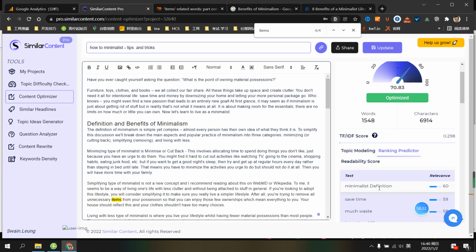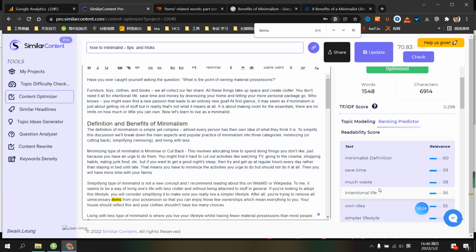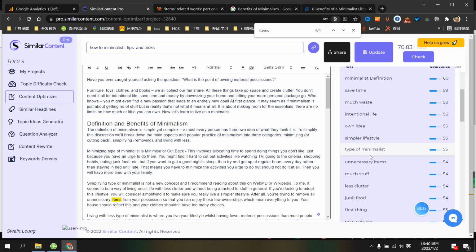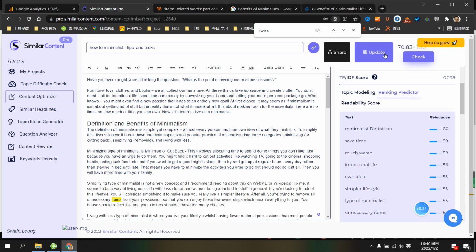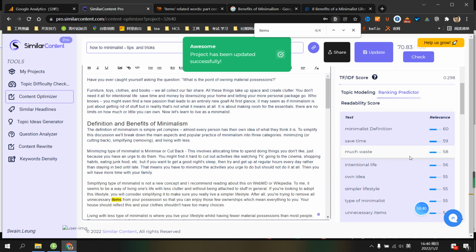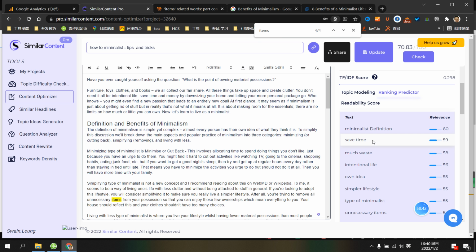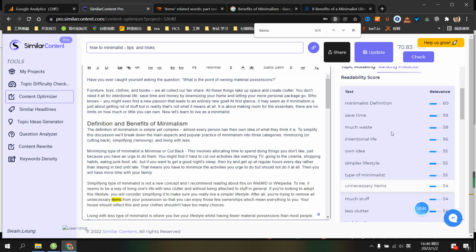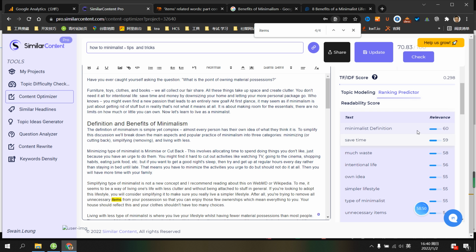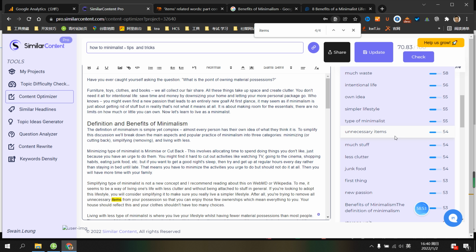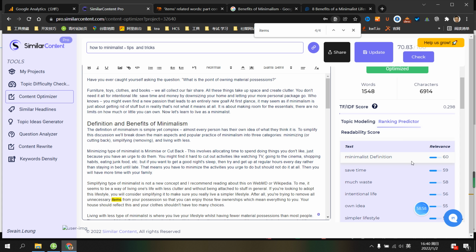This keyword is not exactly what I want to rank. I want to rank for how to be a minimalist, right? In this way. So it's about how to be a minimalist, like how minimalist or minimalism, something like this. It may not rank, but why not give it a try? I just want to publish it and make it rank now,